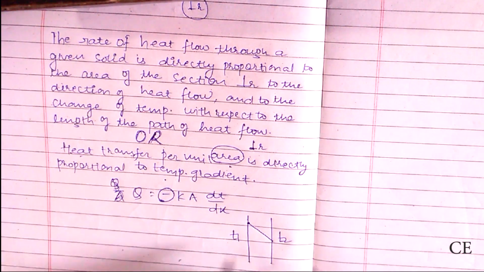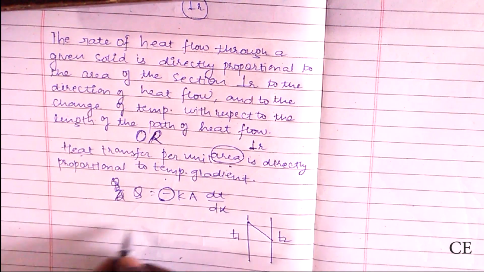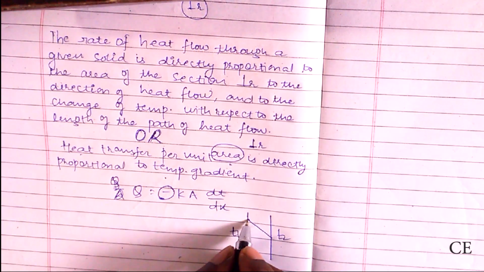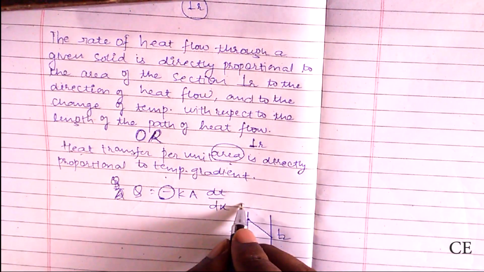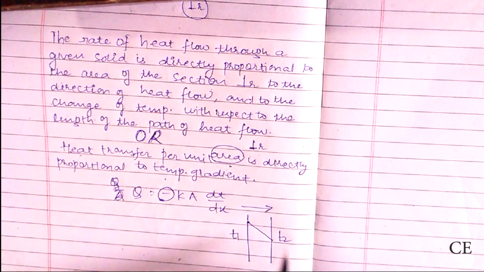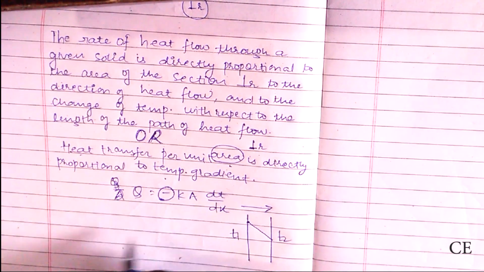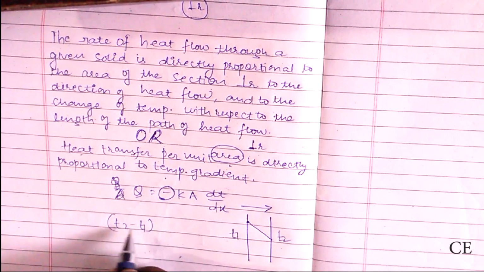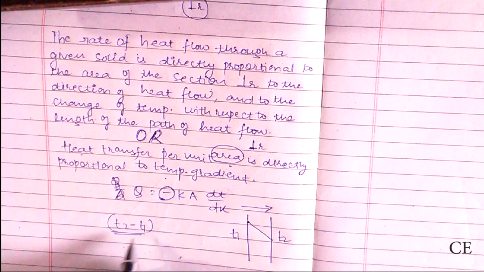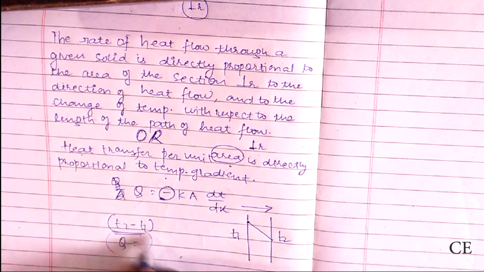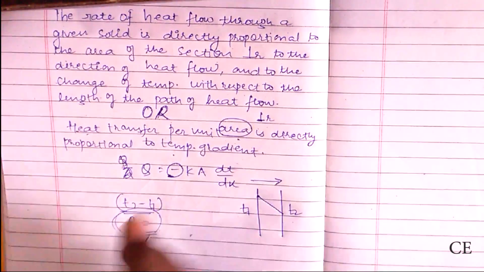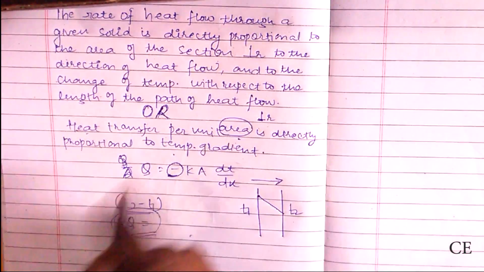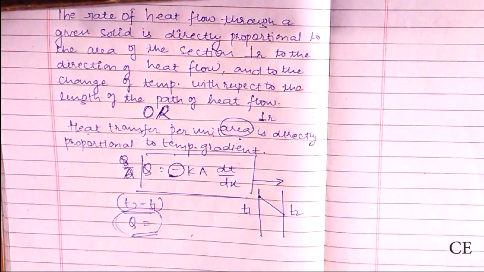If you want to understand it a little bit more, then I'll explain it to you. Suppose T1 is some temperature, then it will be the higher temperature. If we move in the positive x direction, then the difference dT would be T2 minus T1, and this would always be negative. So this negative sign is cancelled by the negative sign in the equation, and we will obtain Q as some positive value. This is the application of the negative sign in the given Fourier's law equation.